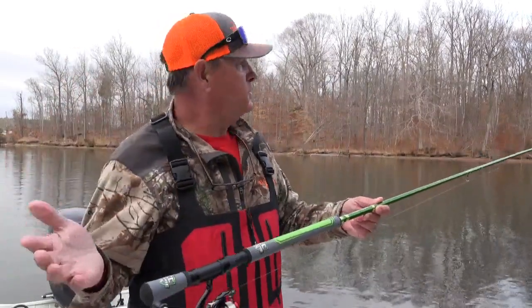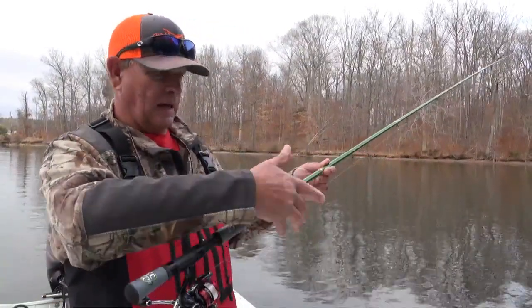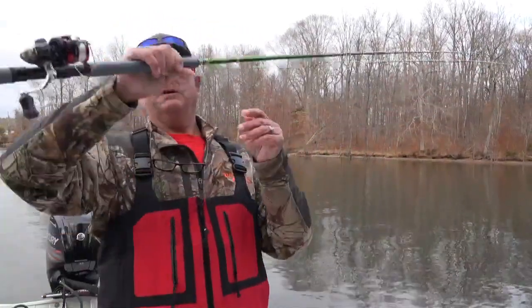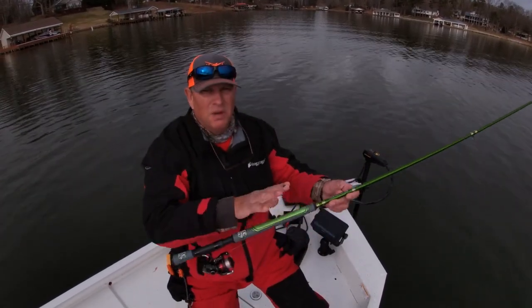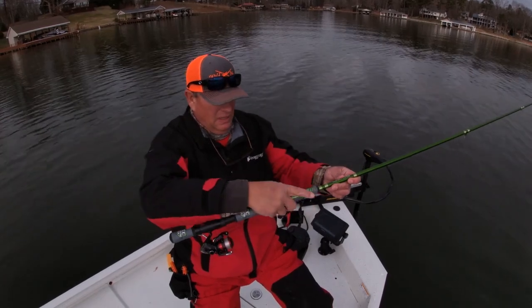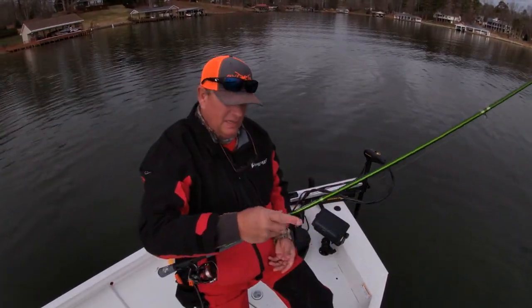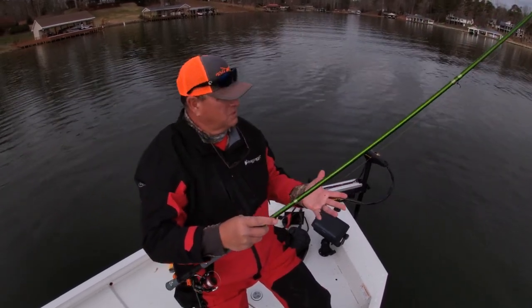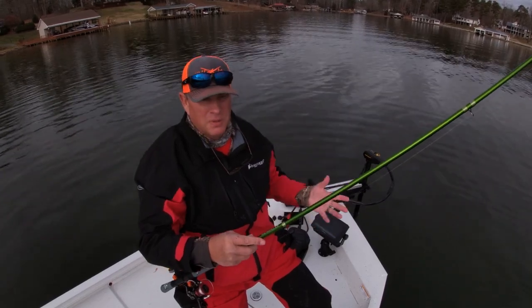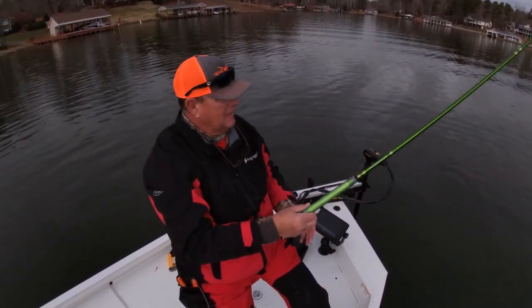My tip to you would be, let me turn this around this way. I'm finding it easier. I'm holding this rod kind of here, and I like to get up here and put my finger right here, and I can feel the thump much better. Now, some of these crappie are thumping it pretty good. And also, if I'm pendling out,